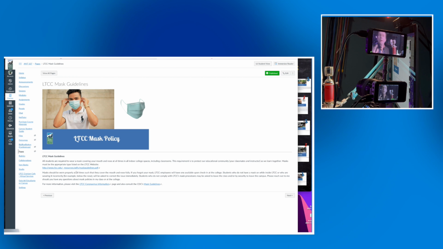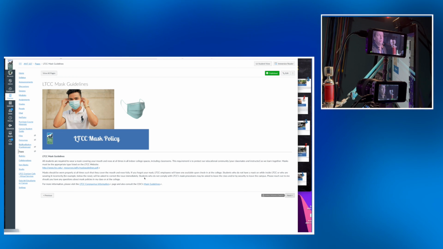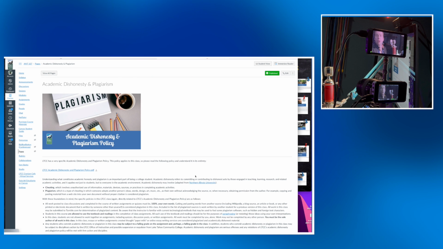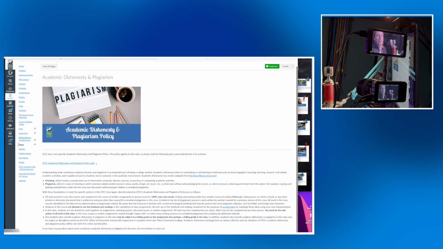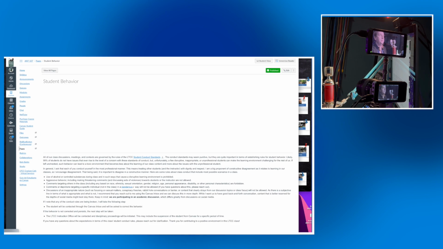My current plan for any of these institution-featured modules is to modify them every quarter, and if a change is made, I will let you know about that, and it will be updated in Canvas Commons. If I want to look at the other modules in the set, I just hit the next or previous button, and I will see all the information here. So you get a sense of what is included.